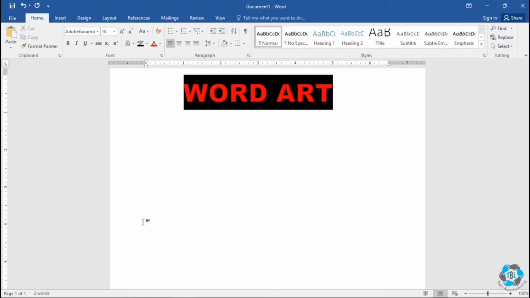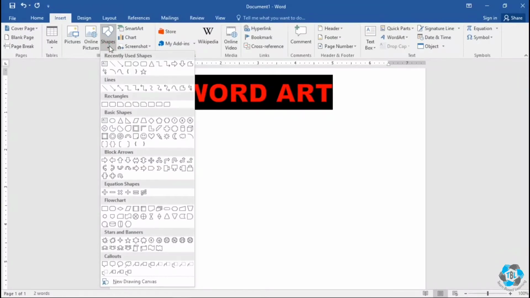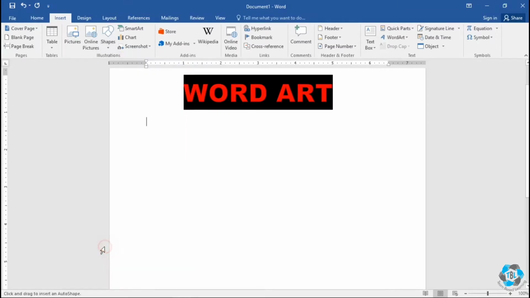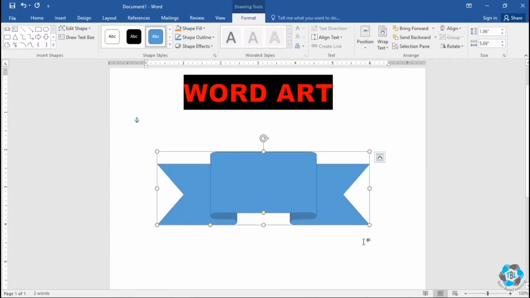To get started, go to the Insert tab and click the Shapes command. Then take a look at the menu and see if there's anything you like. In this example, we are going to start with the ribbon shape right here. To draw the shape, click and drag your mouse roughly where you want it to go. After that, the shape will appear with your default color scheme. We are going to talk about that later.